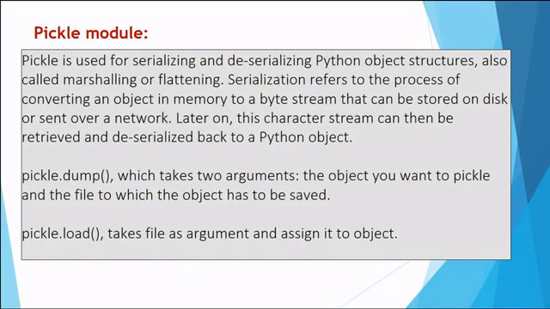It is also known as marshalling and flattening, and it means converting the normal characters that we understand, that is ASCII characters, into bytes, that is binary characters. Deserializing means converting those binary characters back into human readable characters, which we can understand. Now this procedure can be done with the help of the pickle module.